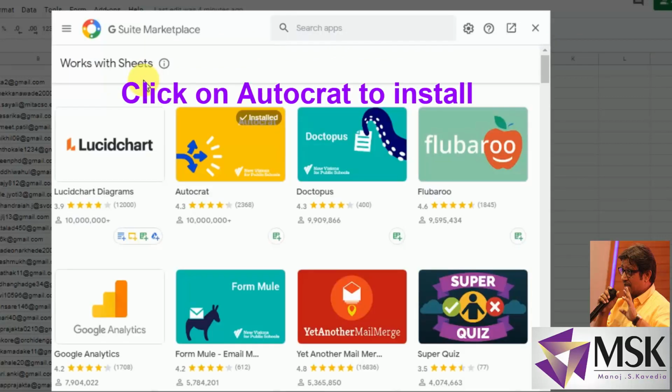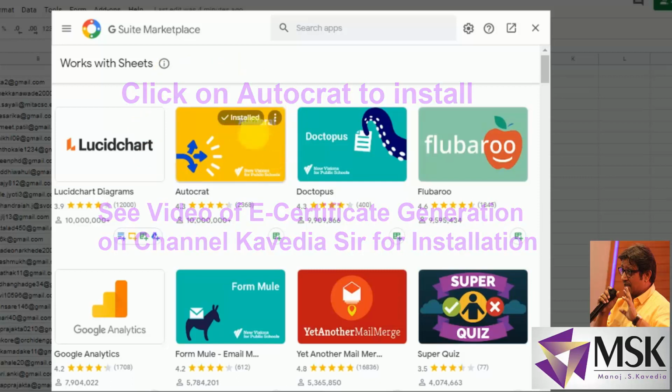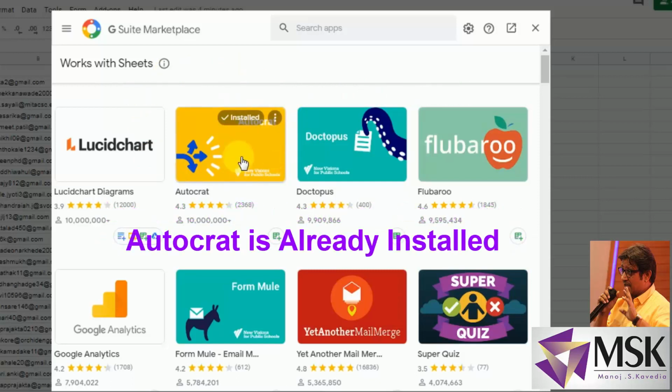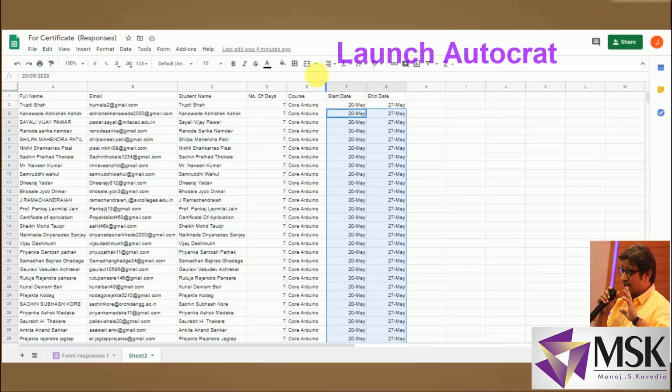So once you click on get add-ons, it will come to the marketplace actually where all add-ons are available. And see, in my case it is showing installed because it is already installed. So if you want to see the installation process, see my video of e-certificate which is already there. So in that I have shown you the process of installing the Autocrat.